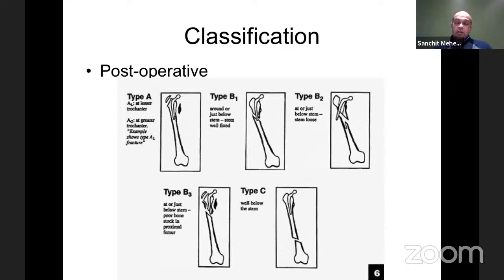All these classification systems were devised initially for uncemented stems and had then been extended to be used for cemented ones. And therefore, there is an issue with this: even if the fracture is just below the tip, but the cement is cracked, then it's a type B fracture rather than type C. And the B classification system is further subdivided into the stem being well fixed, that is the B1. B2 is where the stem is loose, but the bone stock is satisfactory. And then the B3 is where the implant is loose and the bone stock is quite poor. And we'll try and go through this with a couple of cases.